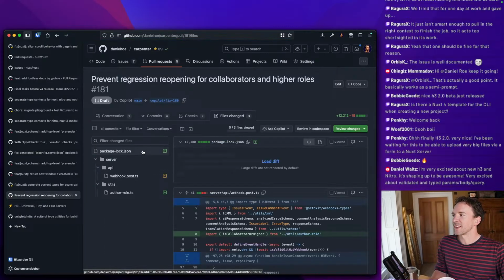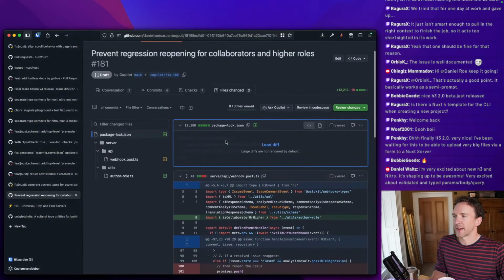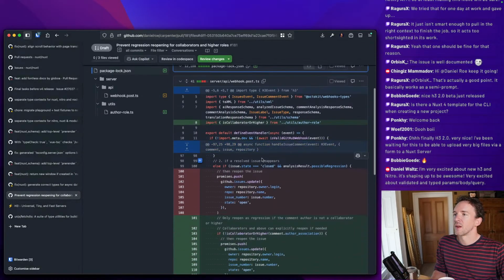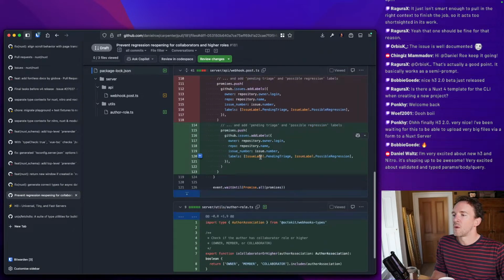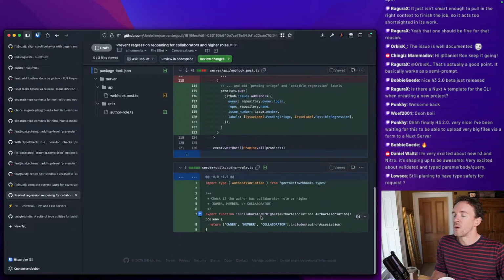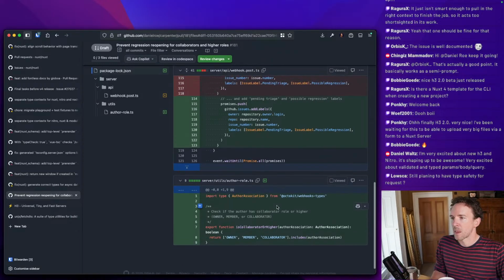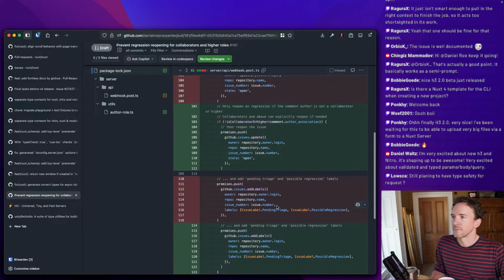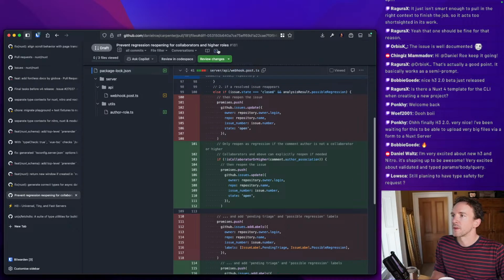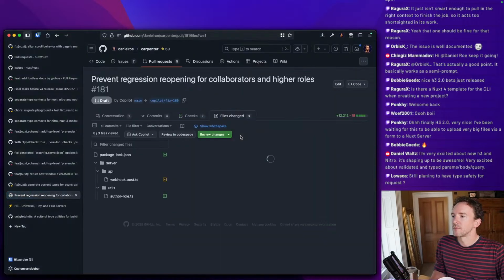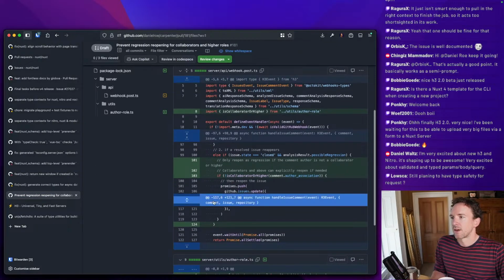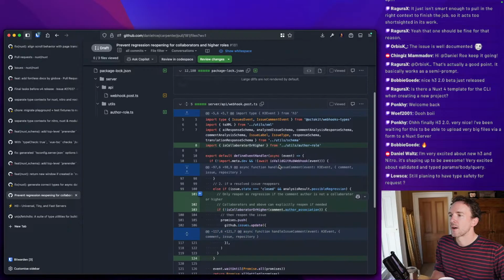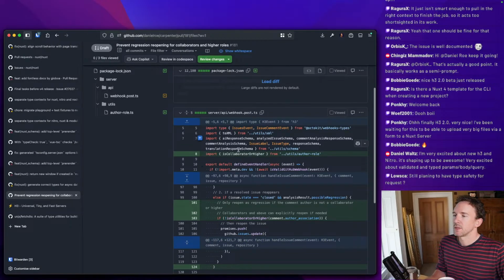Oh, for goodness sake, it's created a package lock. Yeah, this seems fine, but